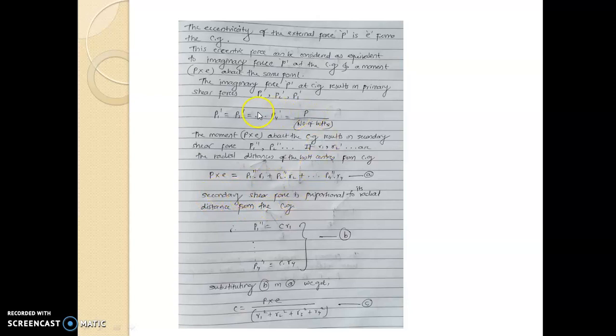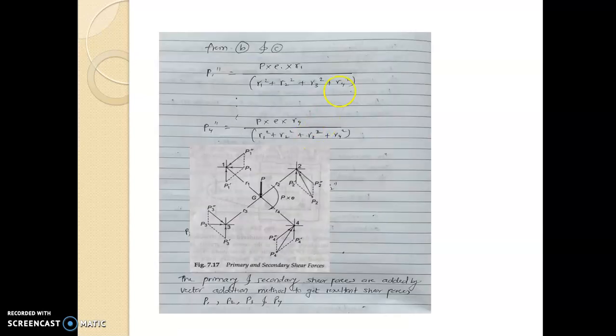So the vector addition of these two forces will be the resultant force acting at each bolt. And for each bolt the value of resultant force will be different, because for each bolt the direction of forces are different. See the diagram here, the directions of forces are different, and therefore the vector additions are also different.